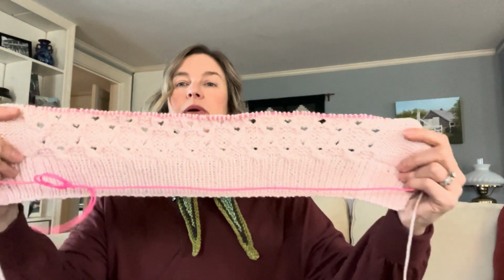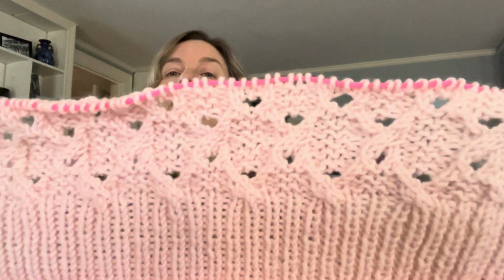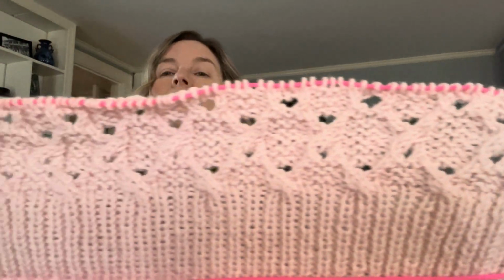And so what I had worked on is I worked the front panel. I'm just making sure I'm actually showing you the front. Okay, so here's my progress on the front panel. It is a bottom-up sweater knitted in pieces. And it's really beautiful. And then somewhere, not right here, I started the back panel as well because I needed